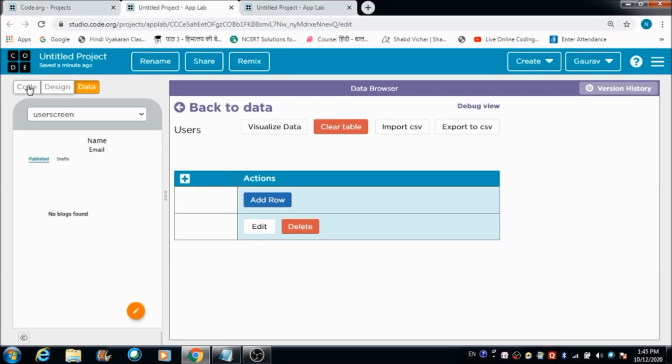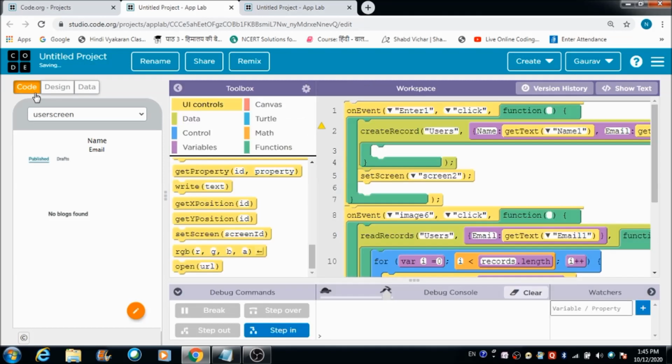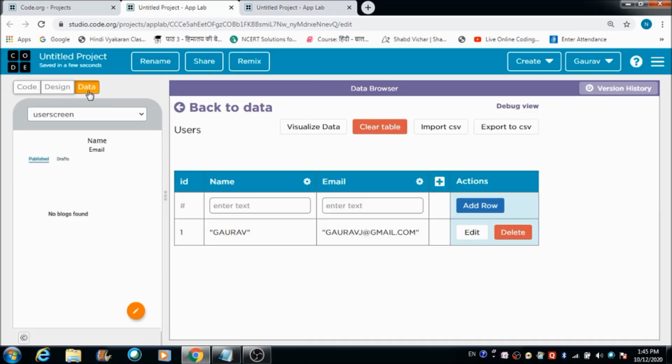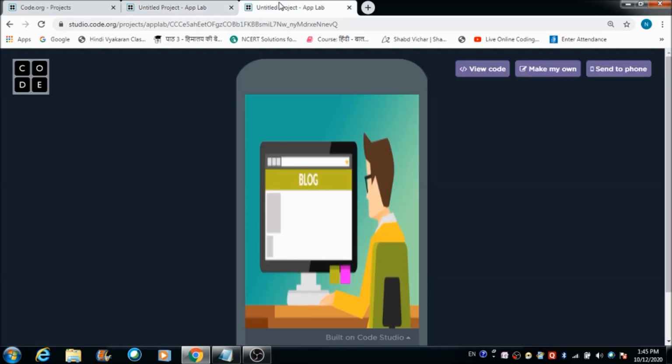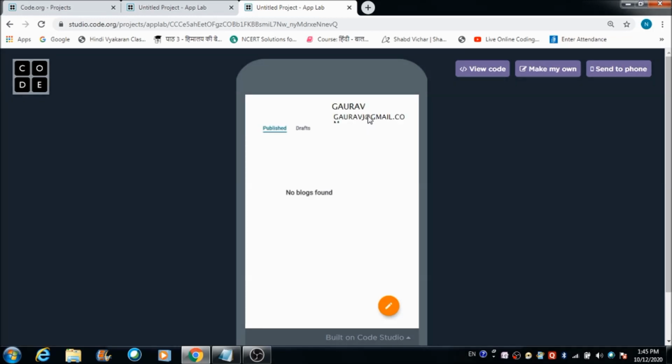As per the code which I have defined over here in the workspace, a table user should get created, and besides that there should be two columns inside that table, name and email. Whatever name and email ID the user has entered, the table has got successfully created and we have got the information of the user also in this. Now let's come back and let's hit this screen and see what is going to happen. So we are able to see the name of the user here and his email ID here.